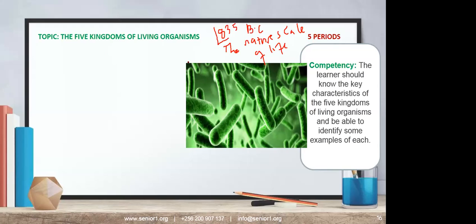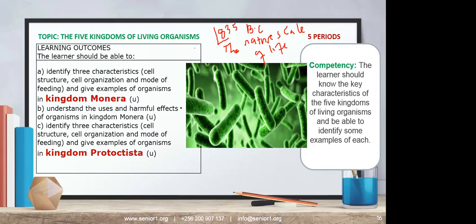eye is called Kingdom Monera, because this is where we look at different bacteria, and we understand the uses of bacteria. We understand their harmful effects, okay, characteristics of the cells of those organisms under Kingdom Monera, and how we can manipulate them. For example, these are rod-shaped bacteria. Actually, we can even classify bacteria basing on their shape, how they respire, where we have aerobic and anaerobic bacteria.